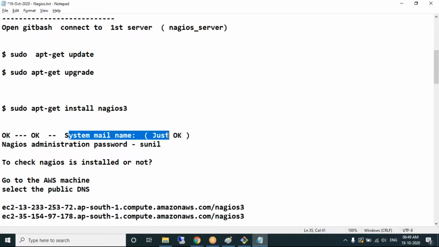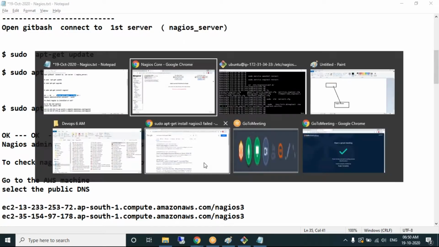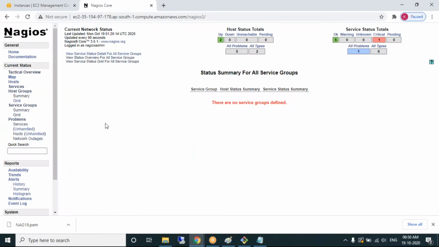Thank you, Dinesh. Vikas, yes, Apache 2 is a prerequisite for Nagios. We don't need to install it separately; it automatically gets installed when you install Nagios. Whenever you have an application, it needs an application server to run. Nagios uses Apache 2 to make its pages available on the browser. So it runs on an application server. Yeah, that makes sense.